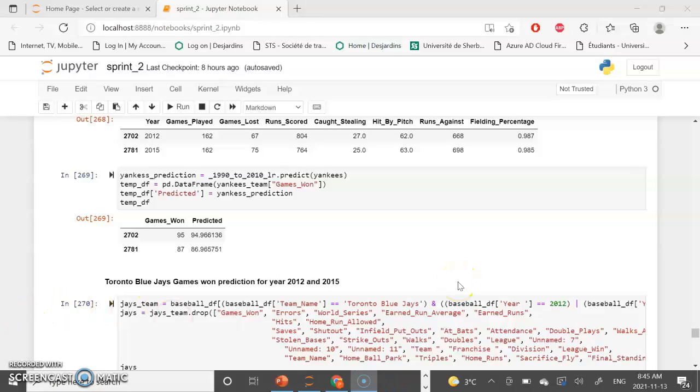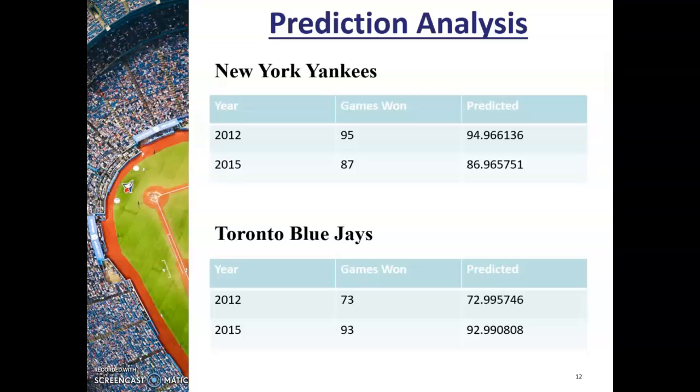Adam will discuss the rest of the analysis and the outcomes of the model, and he will conclude the talk today. Thank you, Priya. Using our model, let's see how it does predicting the performance of the New York Yankees and